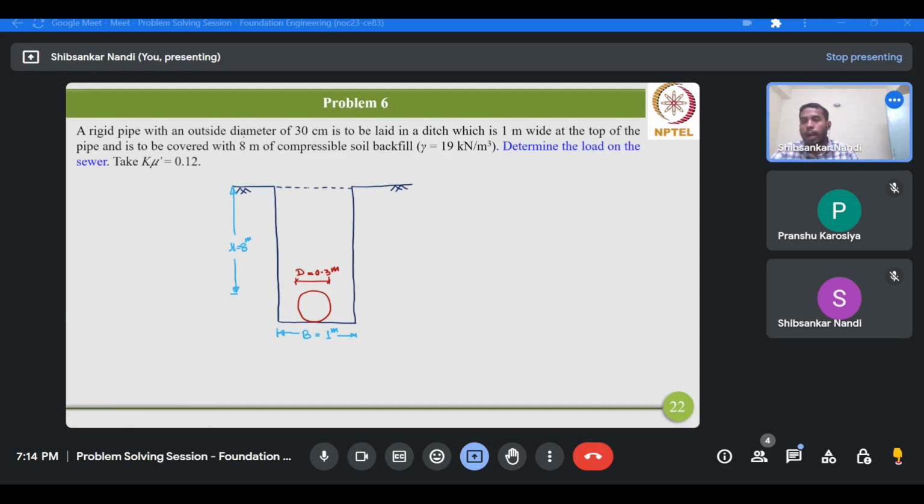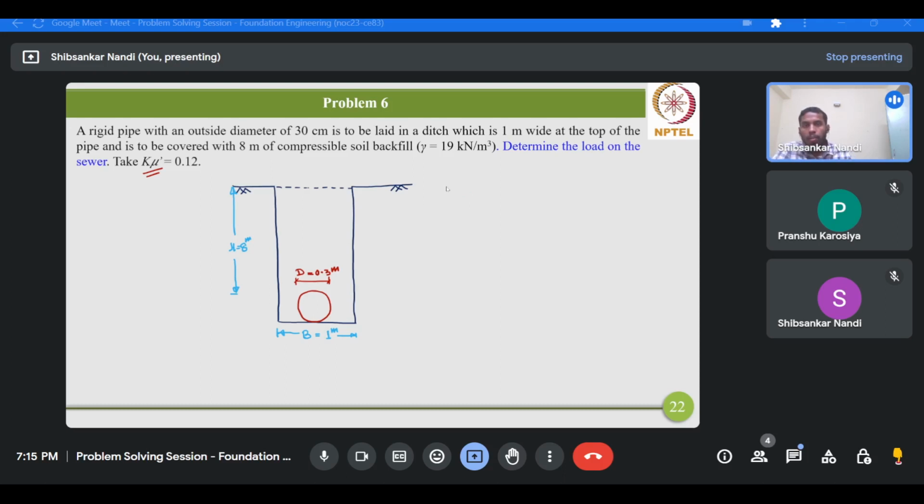So this is a rigid pipe with an outside diameter of 30 centimeter, and it is to be laid in a ditch which is 1 meter wide at the top of the pipe, and it's to be covered with 8 meter of compressible soil backfill, where the unit weight is given as 19 kilonewton per meter cube. Determine the load on the sewer and take this coefficient K times mu as 0.12. Now this is an example for underground conduits. Okay, and this is a ditch conduit, an example of ditch conduit. So here